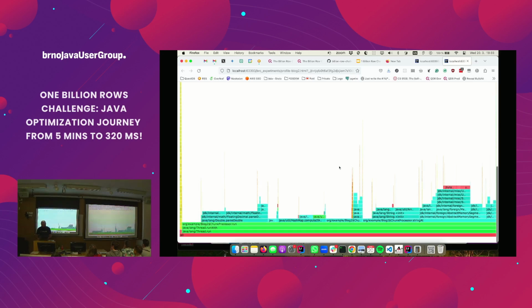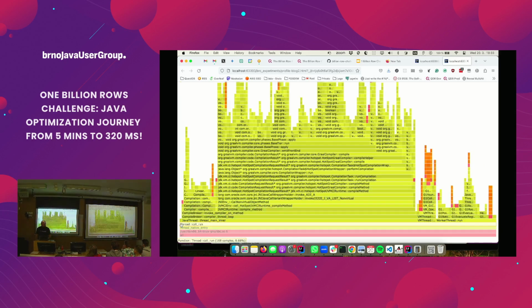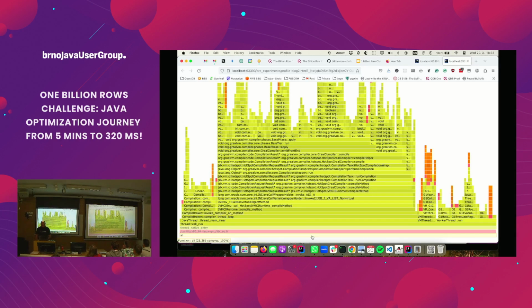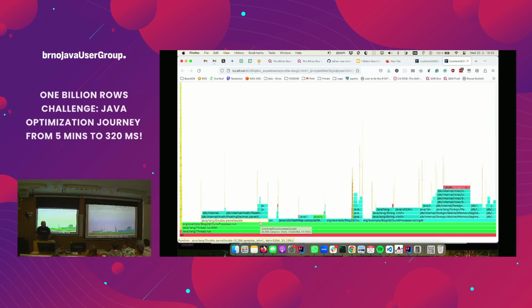So good news is that the JVM activity is almost gone. There is no GC visible, even if we still allocate, but probably the objects are never promoted and they die young, and basically G1 is no longer visible. In the second run, there is still some activity, but that's basically just the just-in-time compiler. And then what else do we have? We have parsing double. We have this computeIfAbsent on our map. We have this string creation, and we have finding bytes. That's visible here. The running gag.